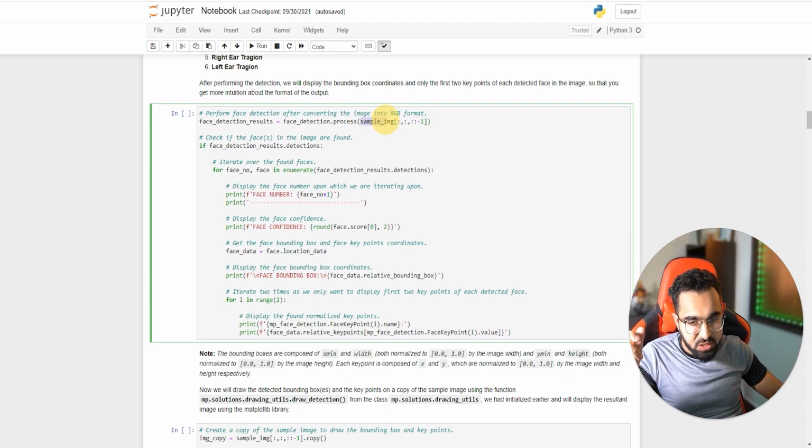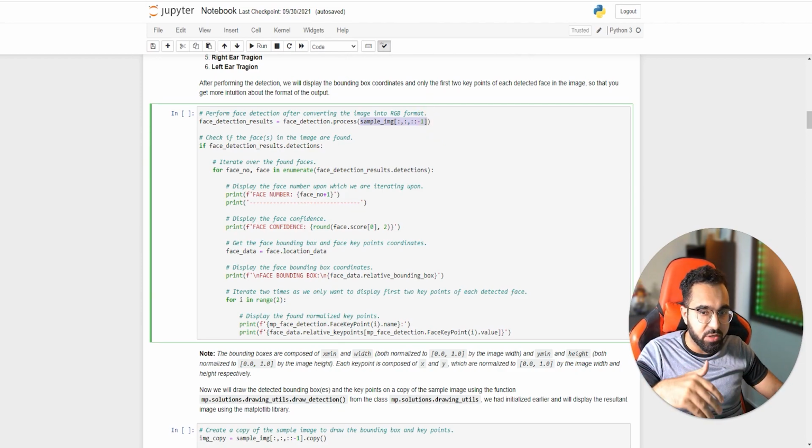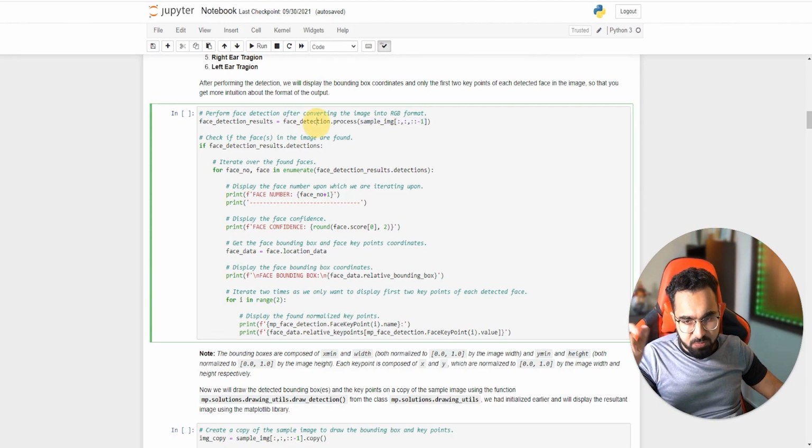So either you can reverse the channels like this, or you can call the cv2.cvtColor function in OpenCV to convert the image from BGR to RGB and then pass that image. Once you pass the image into the facial detection function, in this line all the processing is going to happen, and then you're going to get the facial detection results in this object. So now all we need is to iterate over this object, extract the results, and just display it.